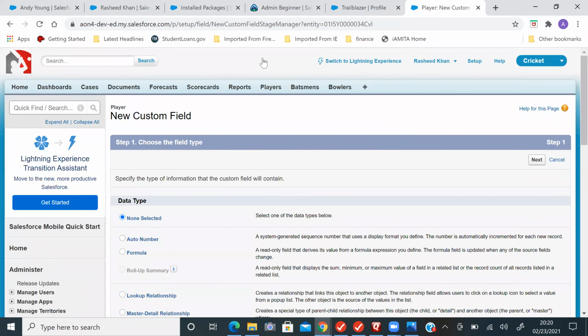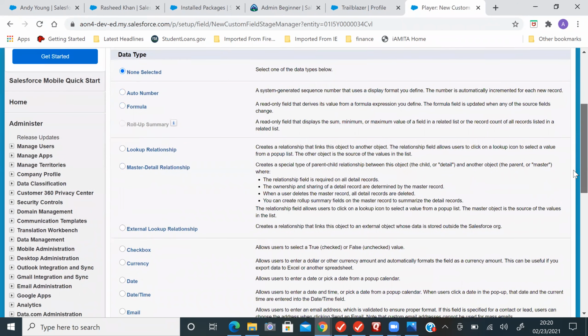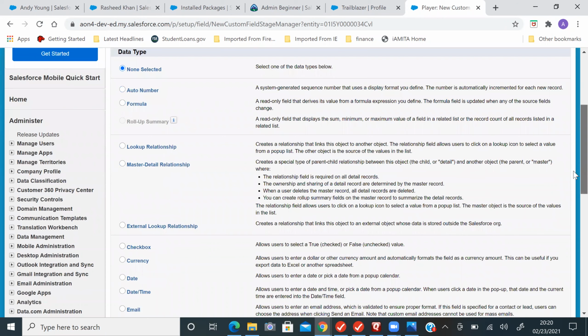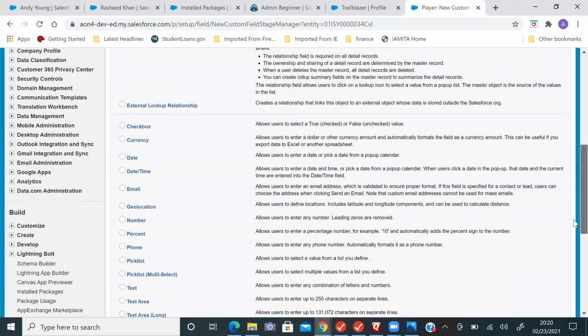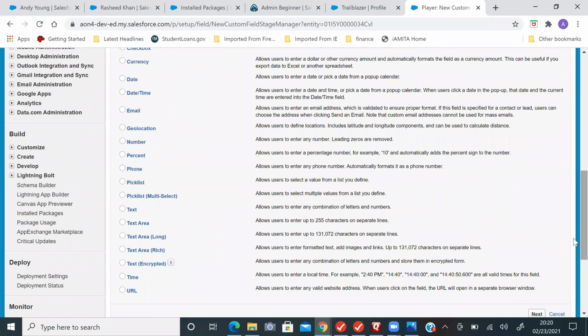So now it will take you to the data types: formula, lookup relationships, text area, date, currency.